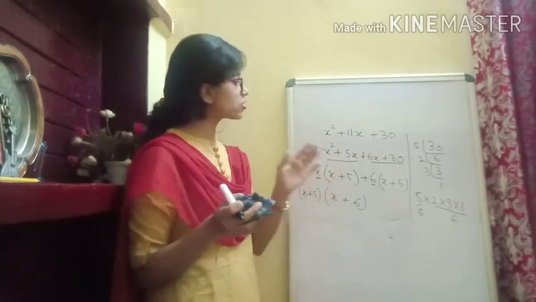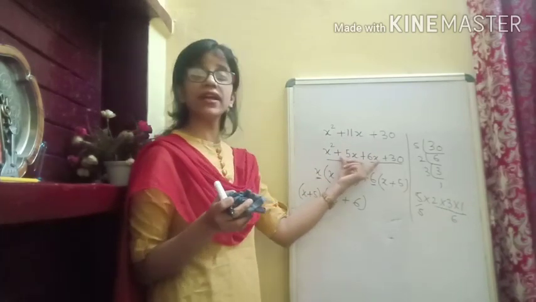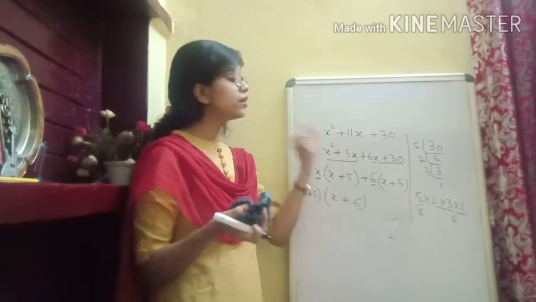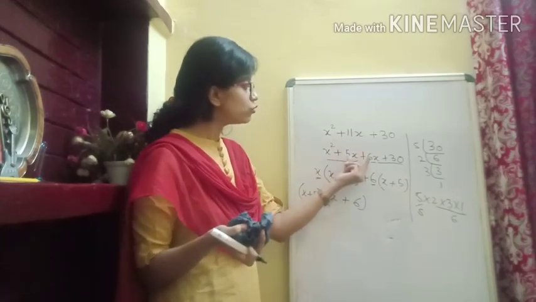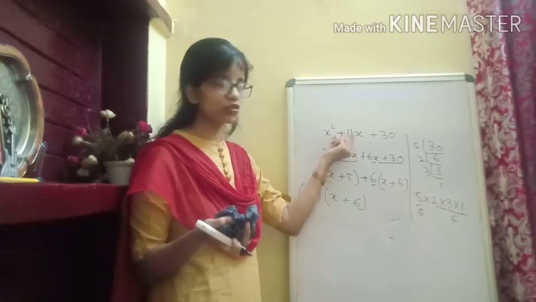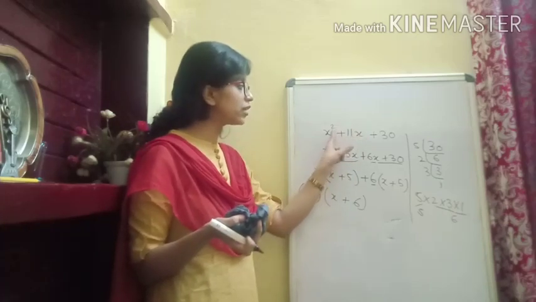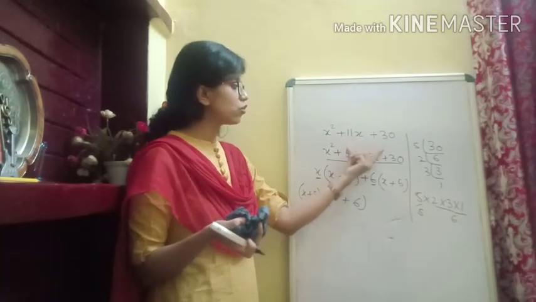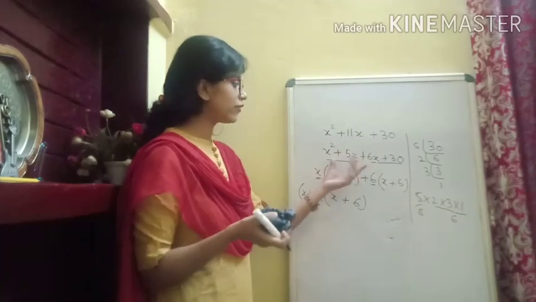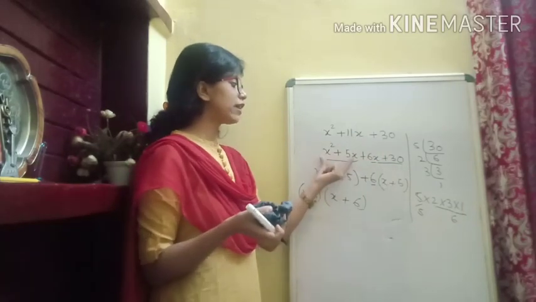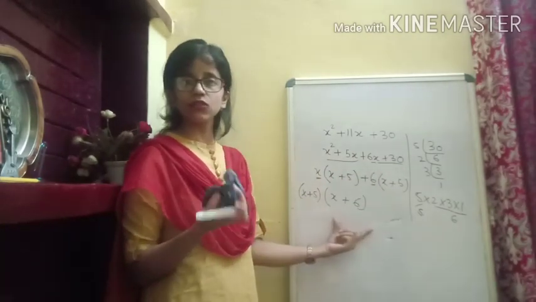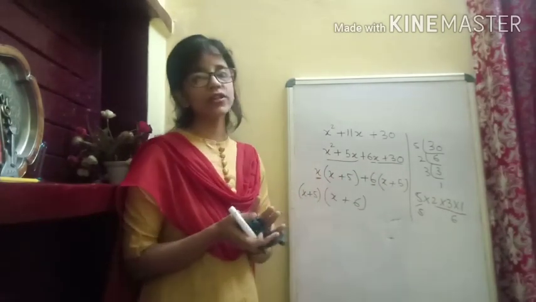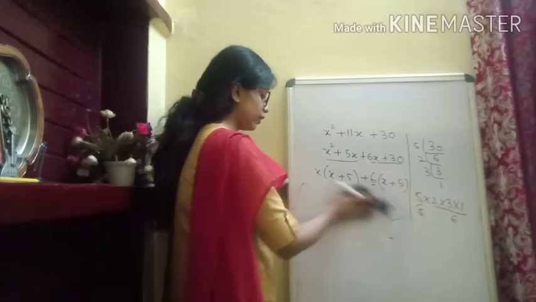Are you clear with it? It's not necessary that you will always get it by adding them. You can get them after subtracting them. And please mind it that you are supposed to get plus 11. So we will be considering this middle term. So next we have done that, we have split it, and then we have coupled them, then we have taken common. I think after that you know how to do it. Let's take another question so that it would be more clear.